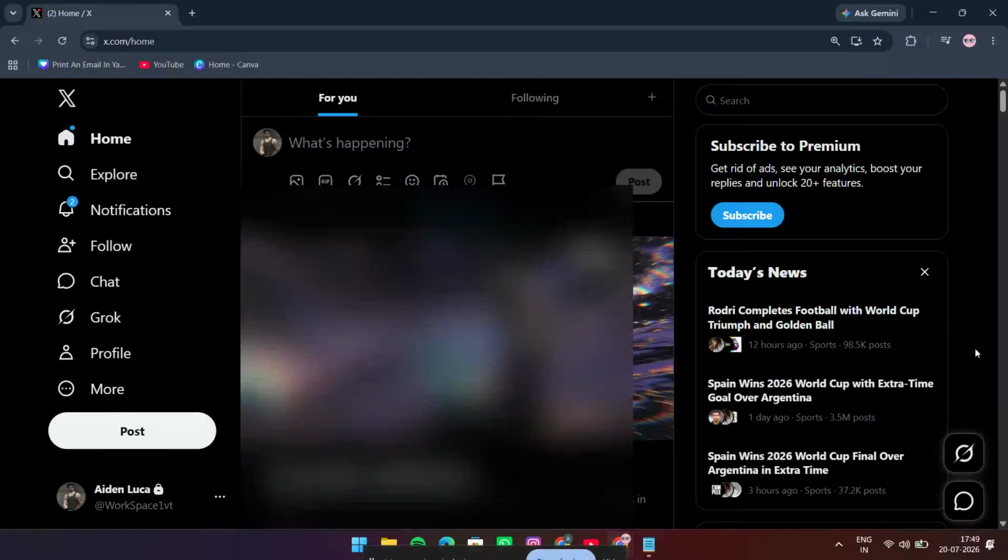In today's video, I'm going to show you how to stop receiving the image description reminder on X.com, formerly known as Twitter, in just a few quick steps. If you find that reminder annoying or unnecessary, this setting can turn it off so your experience feels a little